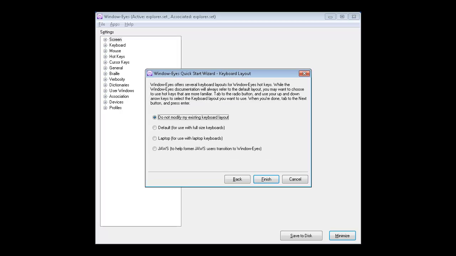Do not modify my existing keyboard layout radio button checked 1 of 4 dialog WindowEyes quick start wizard keyboard layout. The last option you are asked to set is the keyboard layout. You may want to use the standard default keyboard layout, or you may want to use the brand new and improved laptop layout. Yet another new advantage that will certainly help when using the new laptop layout, and is definitely